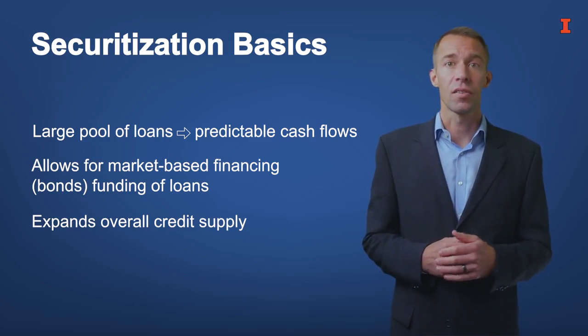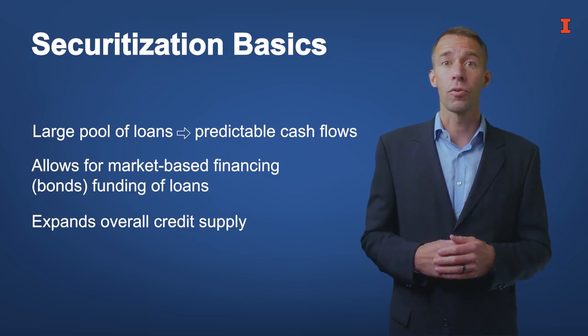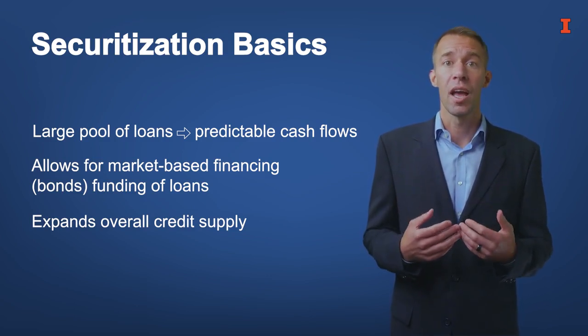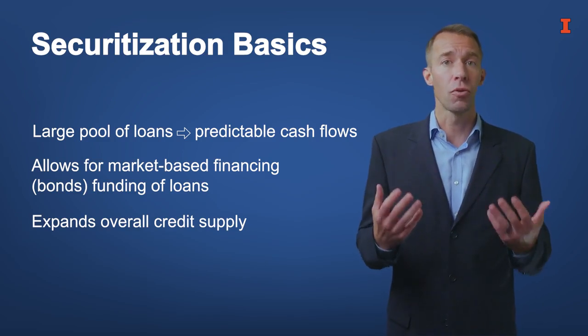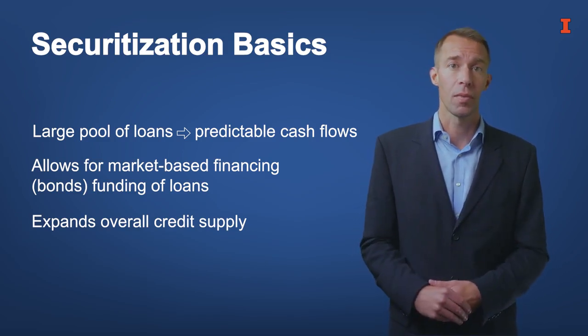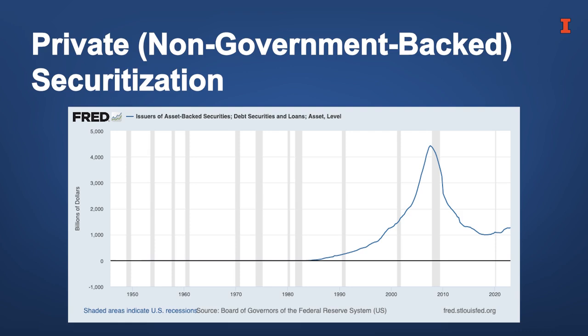Since the 1970s, the possibility to raise funding for loans on the securitization market has increased the supply of credit to firms and households in the United States. Let's look at some data on securitization in the United States. In the US, a large amount of loans to households and businesses are securitized. This has increased dramatically since the 1980s. There was a large drop-off after the 2008 financial crisis. Despite this, by 2021, the total amount of bonds that were related to securitization was about $12 trillion.